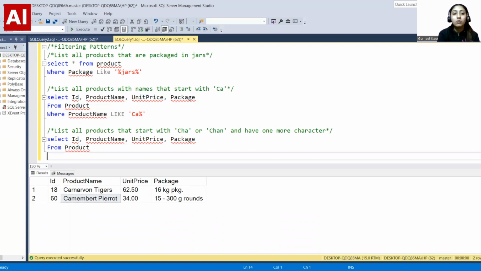And now the only difference here is that I just want one more character after CHA, which means just one character, the next character. So that I will get using the underscore, as I discussed, the modular operator underscore, right? So I'll write down where